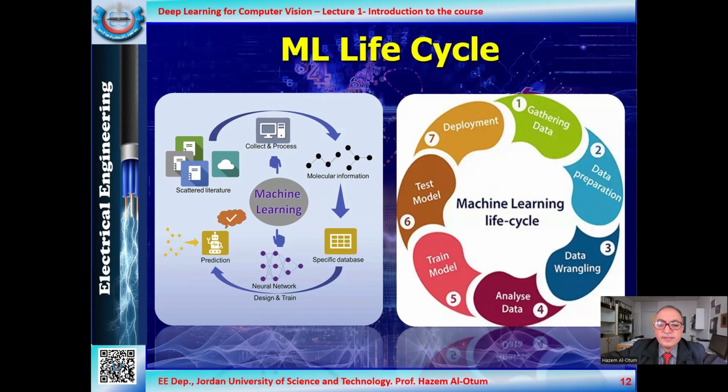Now, in machine learning in general, there's a life cycle that can mainly be divided into 3 stages. Let's go to the chart on the right. Step 1, step 2, up to step 4 are related to data capturing, gathering, and data preparation. We can divide data into specific, meaningful classes, then do data wrangling and analysis of data. We prepare all this data and provide it to the system.